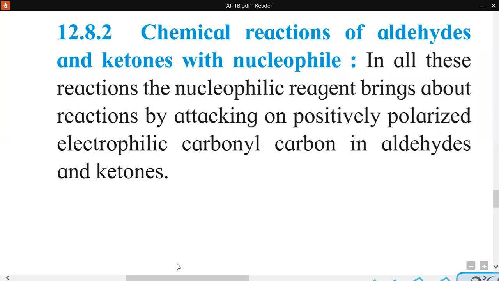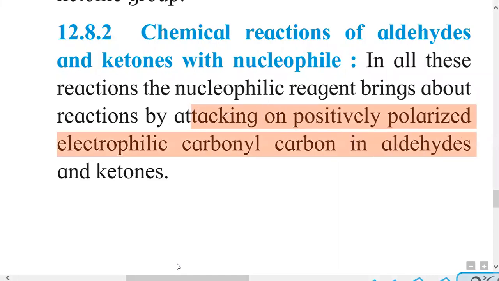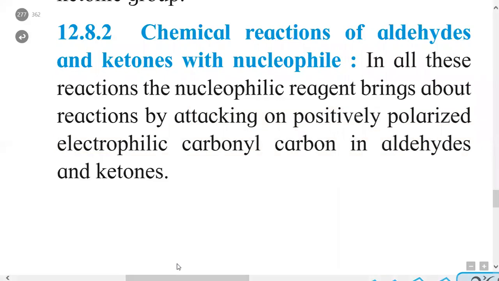Hello, students. Today we will study chemical reactions of aldehydes and ketones with nucleophile. So we know nucleophile is either neutral or it is negatively charged species. So all these reactions are nucleophilic reagent brings about reaction by attacking on positively polarized electrophilic carbonyl carbon in aldehyde